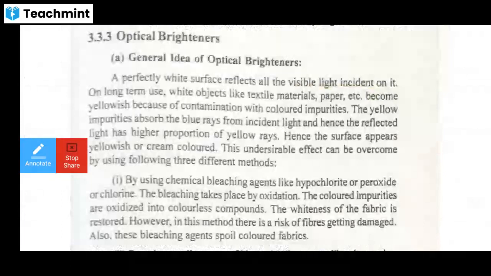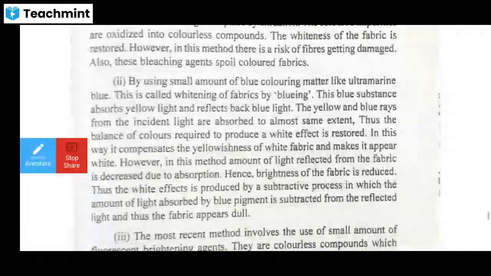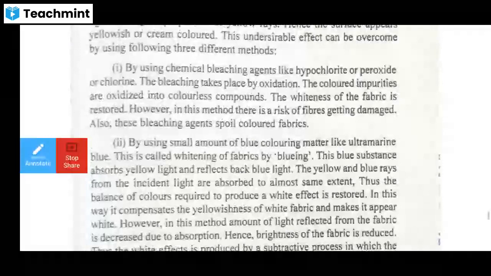This undesirable effect can be overcome by using the following three different methods. One is by using chemical bleaching agents, and in that, hypochlorite, peroxide or chloride are used, and because of this the whiteness property of the fabrics is retained, means the